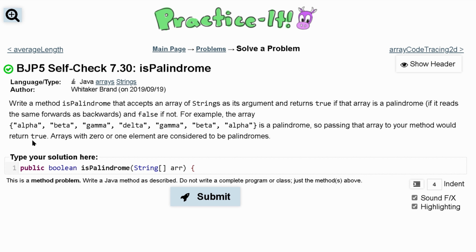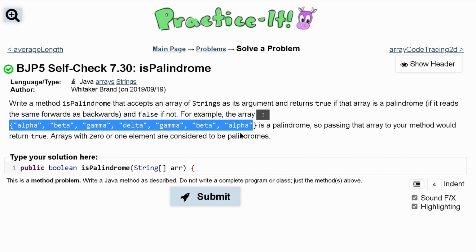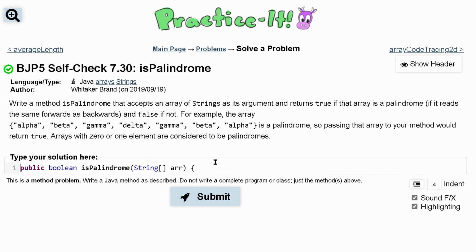Now what we're going to do is compare this first index to this last index, and so on and so forth. If we have something in the middle like this, we don't need to worry about that because these three are equal and these three are equal as well. So if we are given an odd length like this, we can just divide the length by 2. And the reason why we don't have to subtract 1 from this, because there is 7 here,